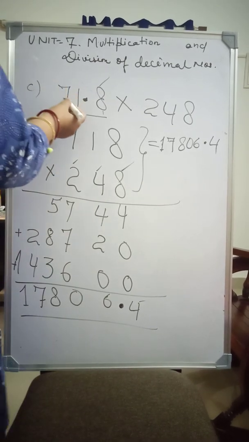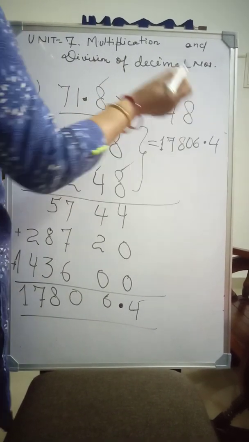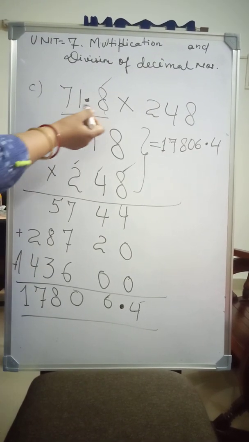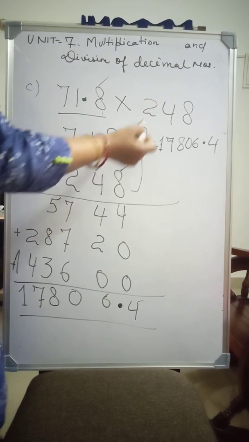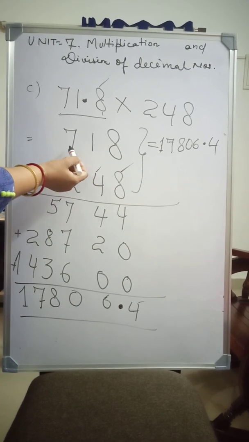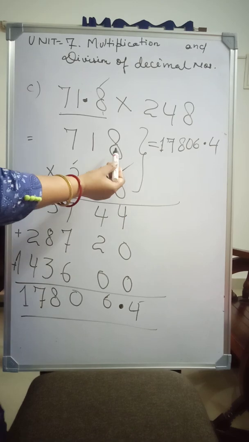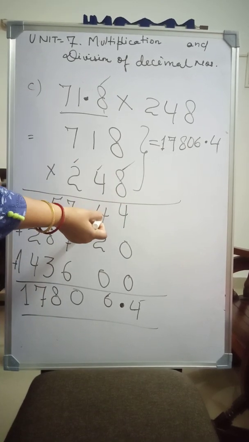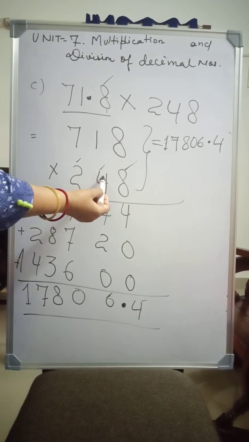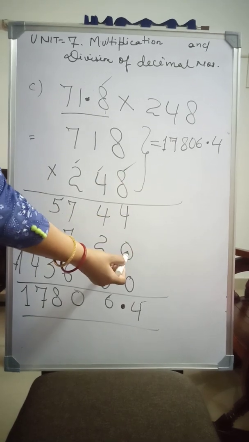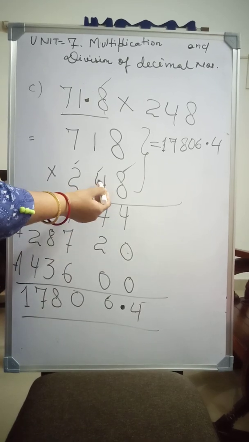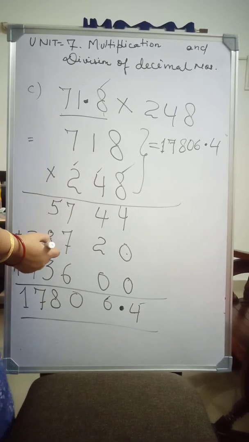What have I done? 71.8 multiplied by 248. Firstly forget about this decimal and just write down the digits of this decimal number: 718 multiplied by 248. Now we start with the 8 ones multiplied by 718. 8 8s are 64, 6 carry over, 8 1s are 8 plus 6, 14, 1 carry over, 8 7s are 56 plus 1, 57. Now multiply by 4 tens. 4 tens has 1 zero, so we put 1 zero to the right side of the product. 4 8s are 32, 2, 3 carry over, 4 1s are 4 plus 3, 7, 4 7s are 28.